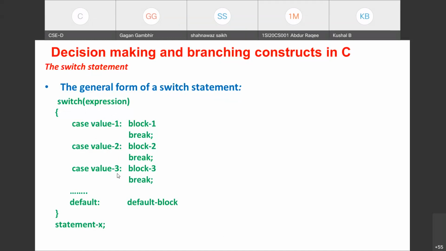Now coming to the working of the switch construct. You specify the expression within parentheses. This expression value will be matched with each of the case labels. It starts with the first case label, and the expression value is compared with value 1. If a match occurs, then the control enters that particular case and executes the statements you have given within that case. And if a break statement is encountered, as we are seeing in this syntax,